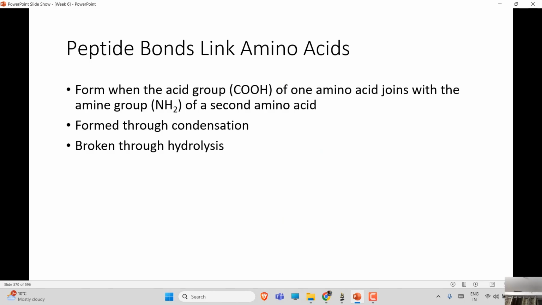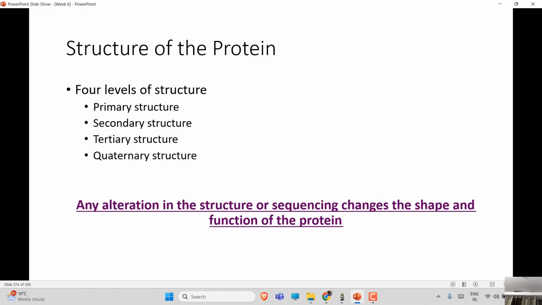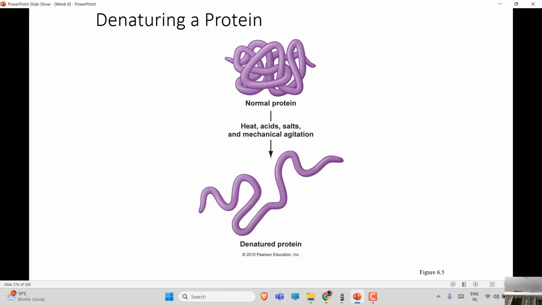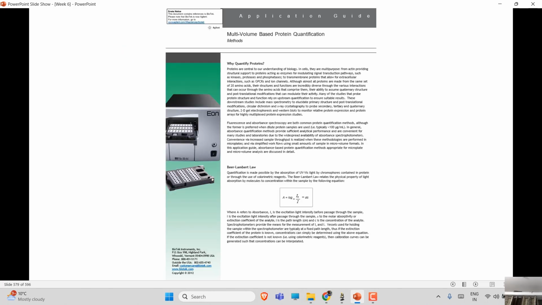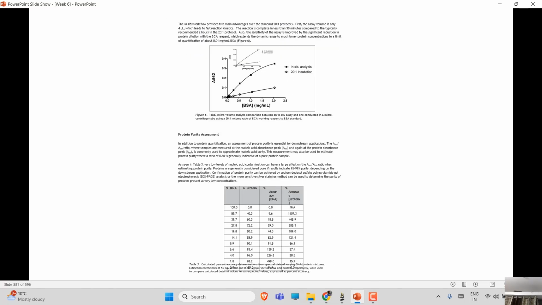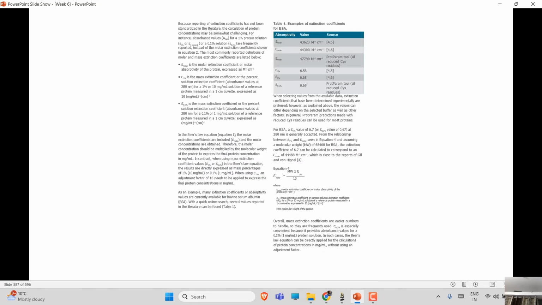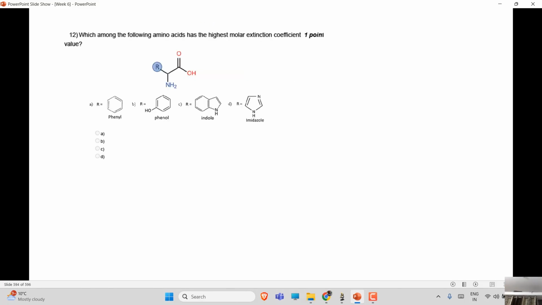Now, the acid group of one amino acid joins with the amino group of a second amino acid, formed through condensation, broken through hydrolysis. Essential, non-essential, and conditional. Essential must be consumed in the diet, non-essential can be synthesized in the body, and all of that. Structure of the protein, denaturing. Okay, this is a quick review. Will not get too much into this. I'll be uploading all the slides. These are some manual photos that I have taken just to make you